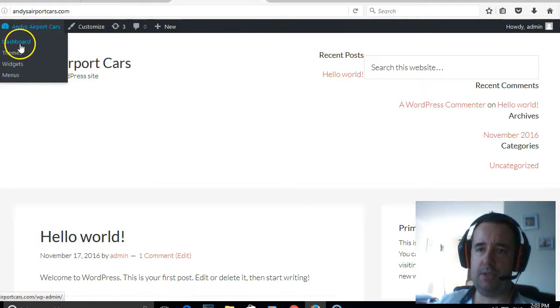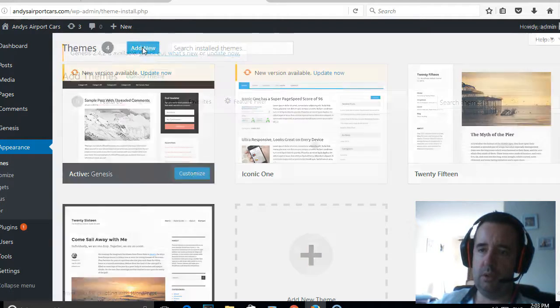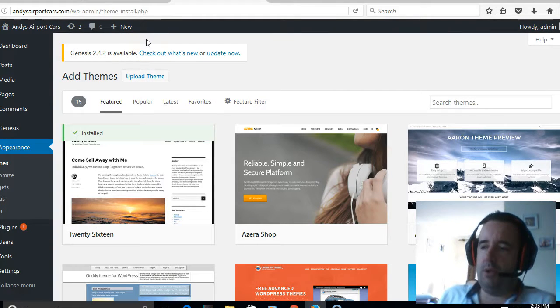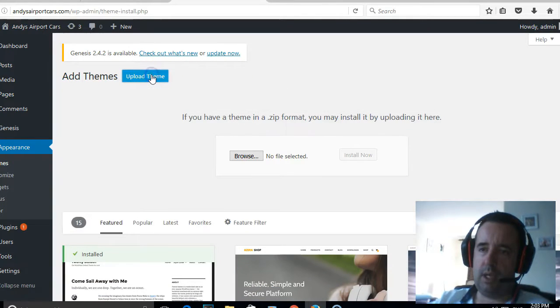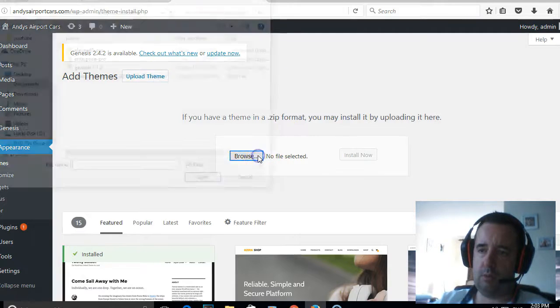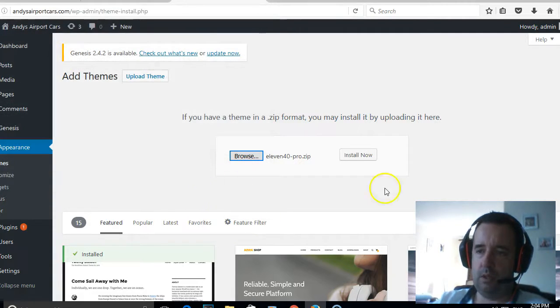So if we go back to themes again, and we say add new, so that's put the underlying theme code in there that's needed. Now what we want to do is install the actual premium theme that we want. So we say upload theme and we go browse. So remember, we've done the underlying Genesis framework. Now we want to put the 1140 theme in. So if we go open and install now